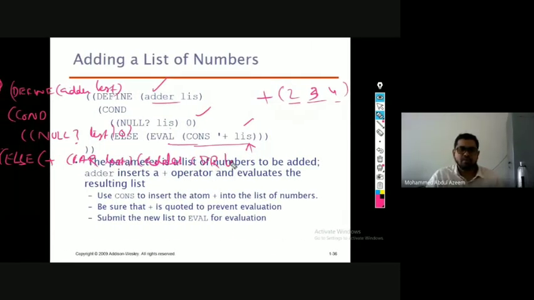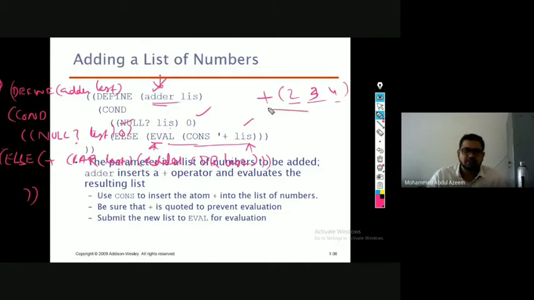So the interpretation of this particular code, I'm writing here. The interpretation of this particular eval, or adder essay, right? Is like this. Define adder list, fine. So this function is going to generate a code of this kind. Define adder list. You have a condition to check first whether the list is null. If null, then you return 0 because it's an addition of all numbers. So either you may return 0 or some kind of value. If there's nothing, you return 0, right? So you see it is 0 if the list is empty.